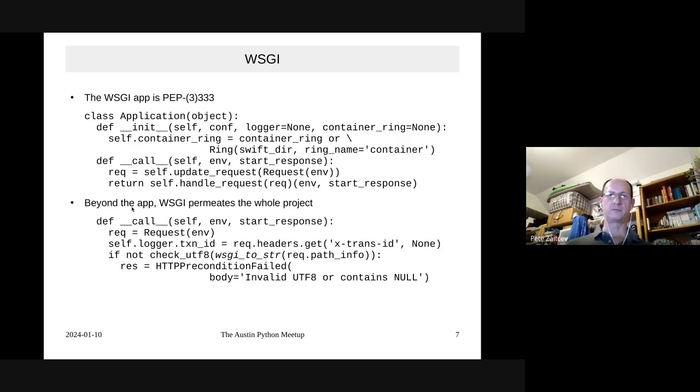So this is a very simple basic structure, and as you read Swift, I already talked about it. It's just very big, but that's how it's supposed to look to you. You read and mentally just skip all this stuff, and you know that these calls are essential, and all the rest of it is just checking various permissions, error conditions, all that stuff. But the structure is not the only way WSGI affects Swift, and I really want to say unfortunately,